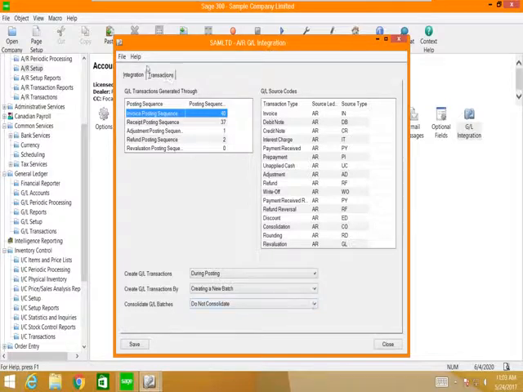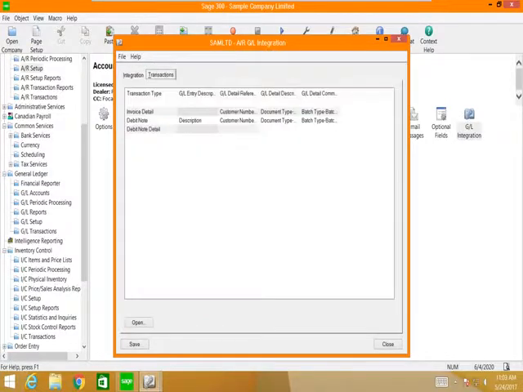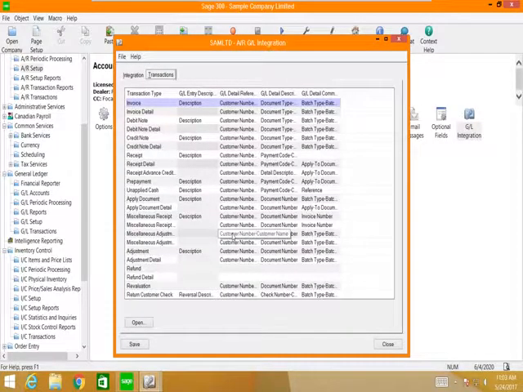There's another tab up here that is not often understood or used, and that is how, when you send something over to the GL, what does it look like? What information goes into 4 fields? The 4 fields I'm talking about are the GL entry description field, the detail reference field, the detail description, and the detail option field. If I were to create an invoice,